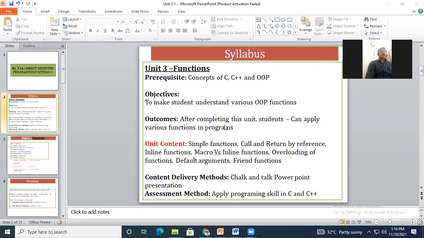Yes, anyone? Can you tell me what are the different categories for the function? Return type with argument. Yes, correct. So if you have gone through the syntax of function, it starts with return type, then name of the function, and after this we have parameters or arguments in the round bracket. Correct. So there are 2 types based on the return type, and 2 categories based on the arguments. Okay, so what are those 2?